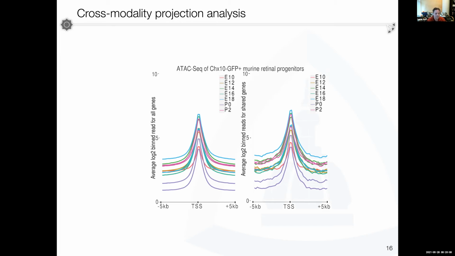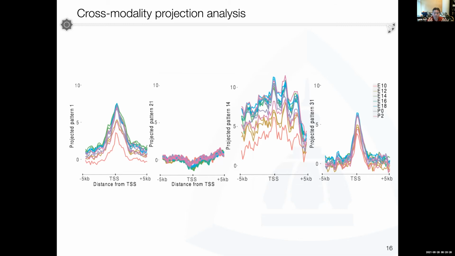So we can do this, you're looking here at ATAC-seq peaks around transcription start sites for the mouse retina at different developmental time points as well. And there's really no coordinated regulation of this signal. And in fact, there's some batch effects that you can tease out here in the raw data. But we can actually project these data into the patterns defined by gene expression here and can actually get differential